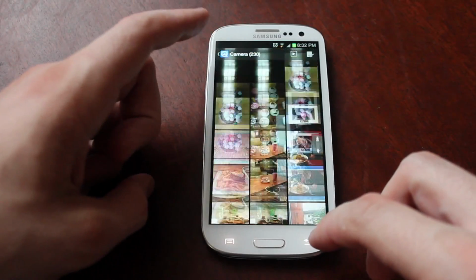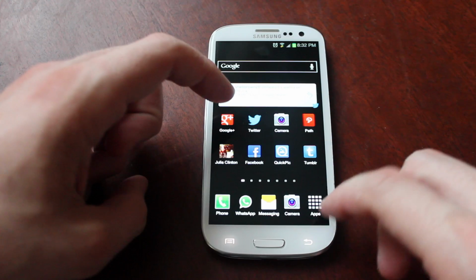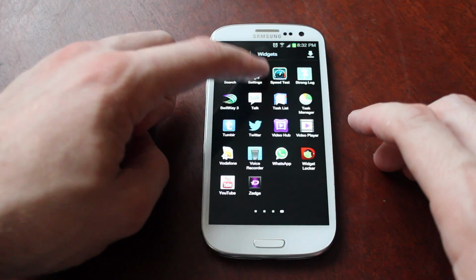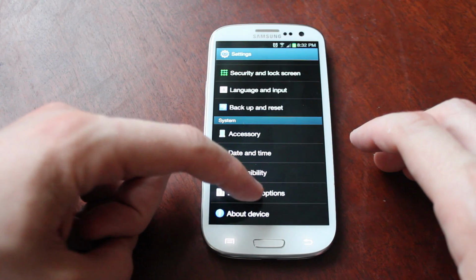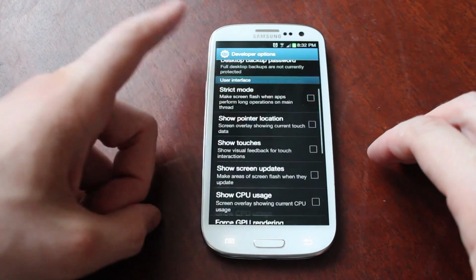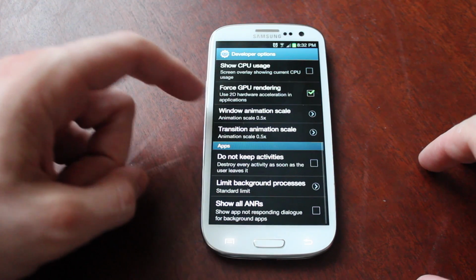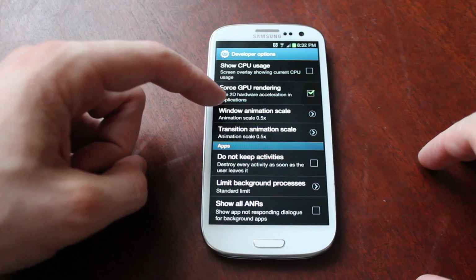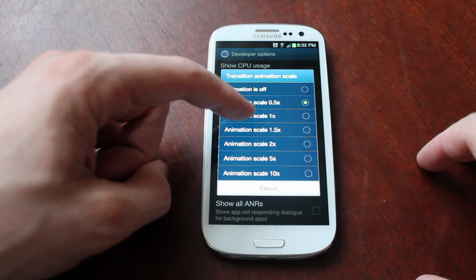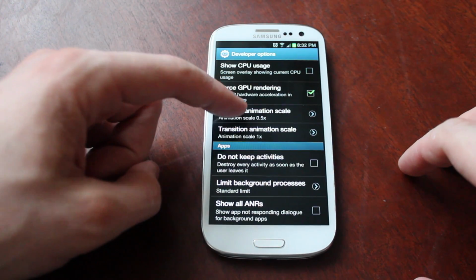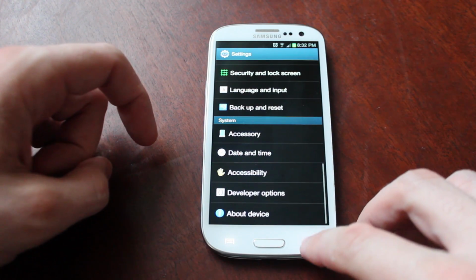Now, the reason for that is if you go into settings and go all the way down to developer options, right at the bottom you'll get a warning, a pop-up in here sort of saying be careful in here. But window animation scale and transition animation scale, when you first go in, they're set to 1 times speed. So let me just put them back to 1 times speed. Quit out,